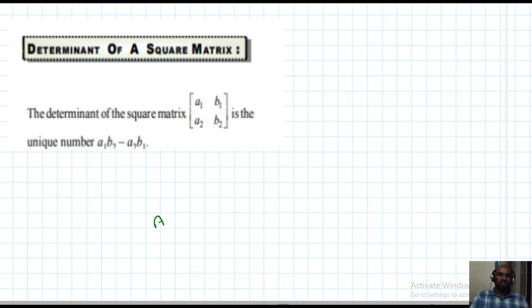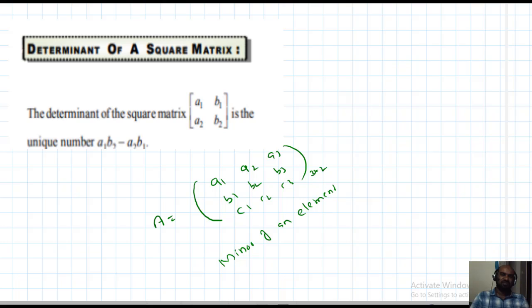Students listen. For example, a 3 by 3 matrix is given as a1, a2, a3, b1, b2, b3, c1, c2, c3. This is a 3 by 3 matrix. The minor of an element of a square matrix, especially 3 by 3 at this stage. What is the definition? I will explain. For example, you want to find the minor of the first row first column element, denoted by M11,